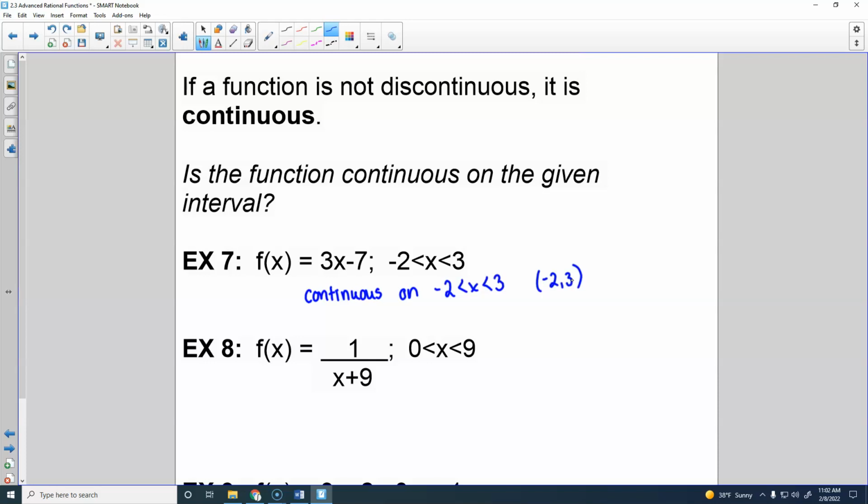All right, for 8, we are going to have a discontinuity here. Maddox, where's that discontinuity going to be? Or I should say, we're going to have one somewhere on this graph. It may or may not be within that range. So, good. It would be at x equals -9. Does -9 fall in our range from 0 to 9? It does not. So, this would be continuous